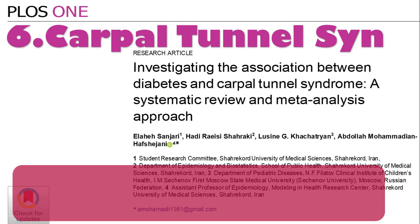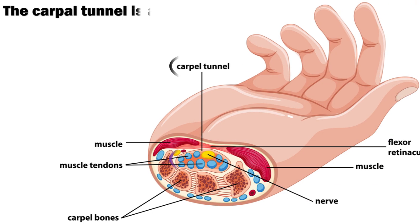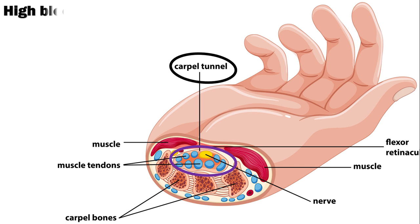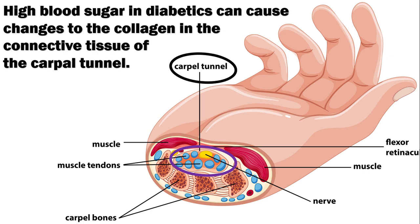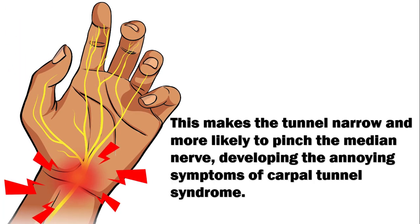Number 6. Carpal tunnel syndrome. A comprehensive analysis with over 3.3 million participants found that diabetics are 90% more likely to get carpal tunnel syndrome than non-diabetics. The carpal tunnel is a passageway in your wrist that protects the median nerve and the tendons that flex your fingers. High blood sugar in diabetics can cause changes to the collagen in the connective tissue of the carpal tunnel. This makes the tunnel narrow and more likely to pinch the median nerve, developing the annoying symptoms of